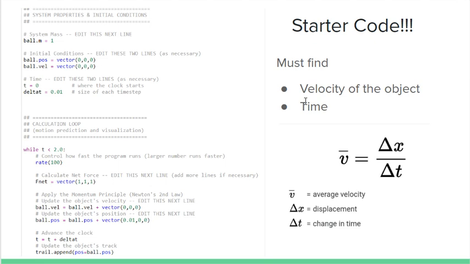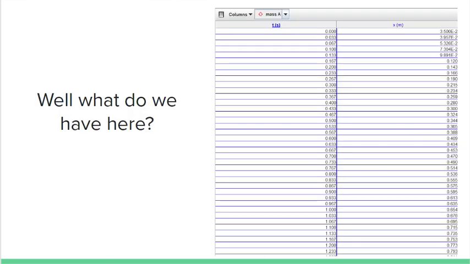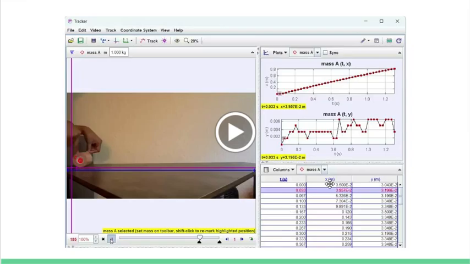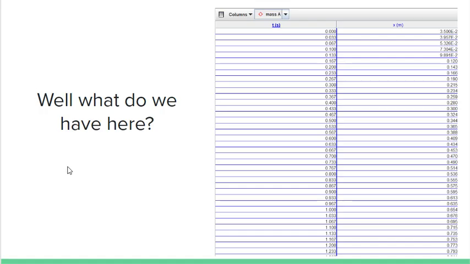And then the bottom right here is the average velocity formula, which is our change in position, or displacement, divided by our change in time. And where could we find this? We could find this, as you can see on the bottom right, this is zoomed in. We could find all of this here. We could find our final time as well as our final position